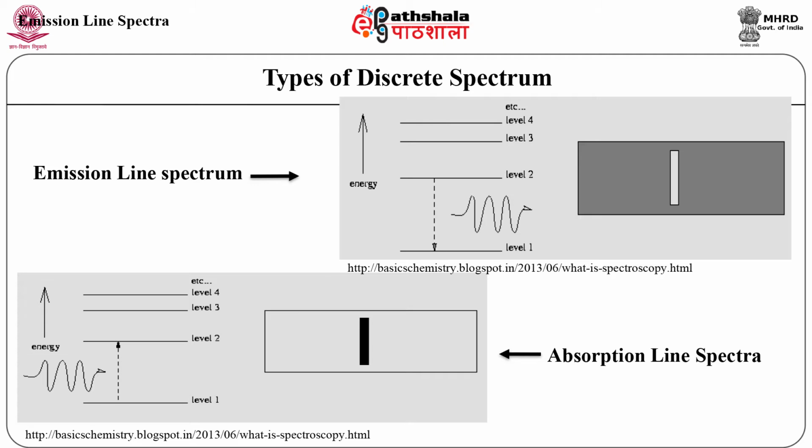Absorption line spectra. If we fire a photon back into the ground state atom, the atom can absorb these special energetic photons and become excited. It will jump from the ground state to a higher energy level. In this way, a dark line absorption spectrum is born, as shown in the figure.